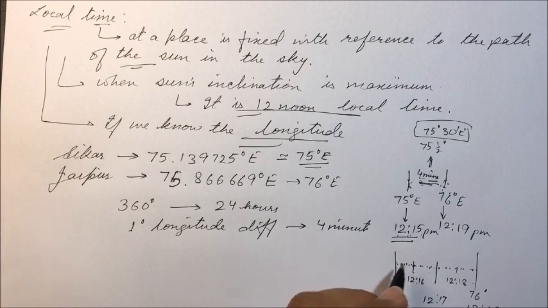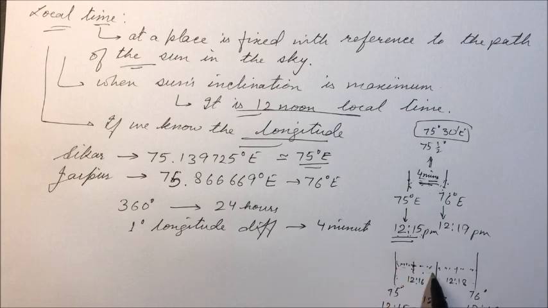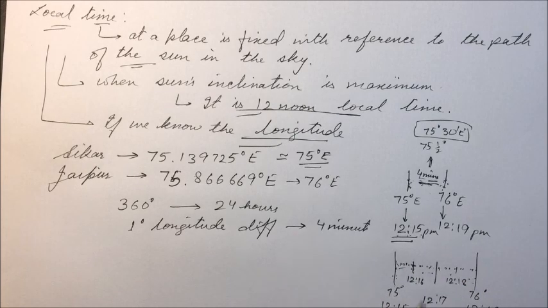Depending on the longitude, we will have the local time. So as we move from one place to another, the local time will differ and we have to change the time in our watch. If you are moving from Sikar to Jaipur, we have to make our watch ahead of 12:15 by 4 minutes. If we are moving back from Jaipur to Sikar, we have to shift the clock backwards by 4 minutes. So this will be very cumbersome, and for this we have devised standard time.